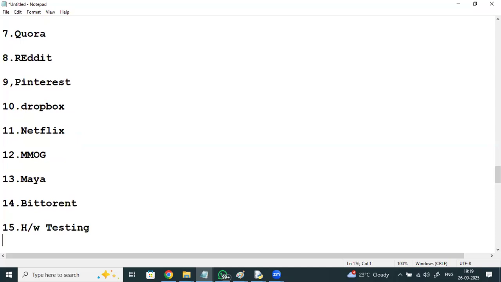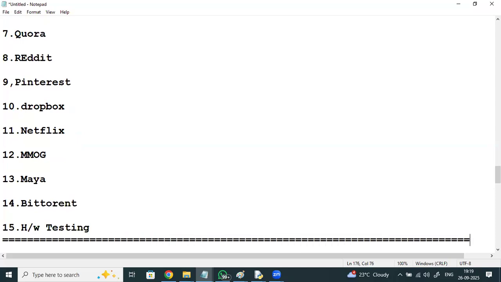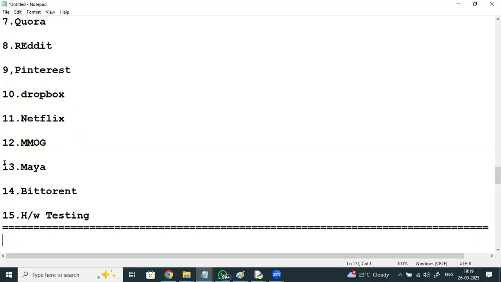So these are some of the examples. We are using Python today in the topmost applications.